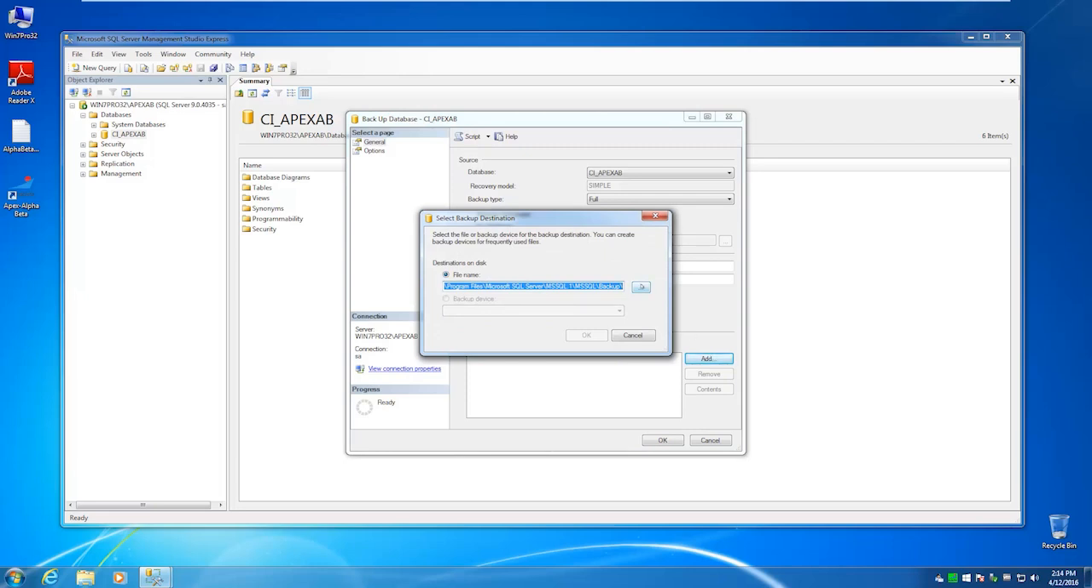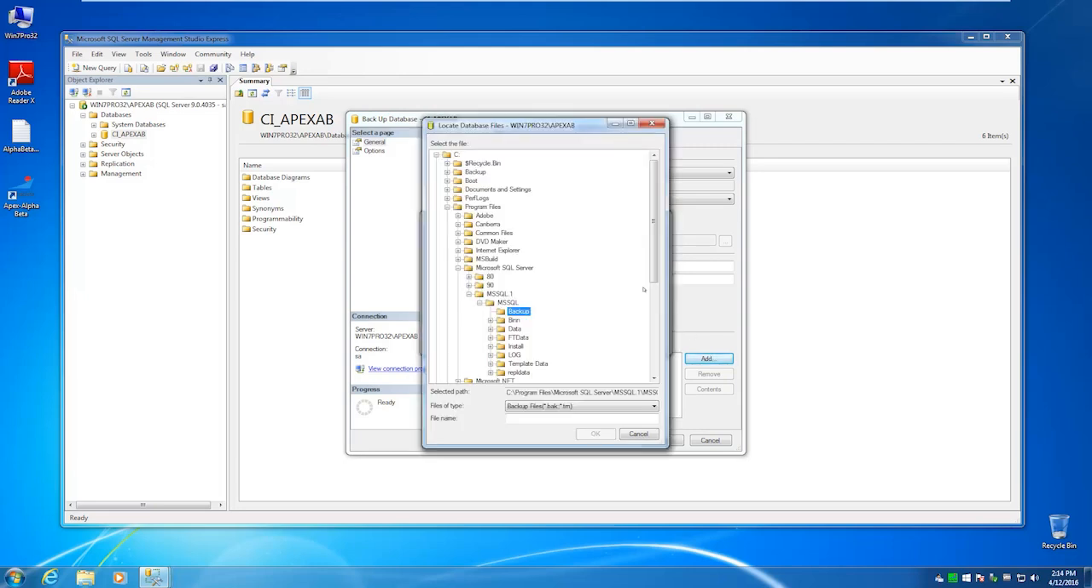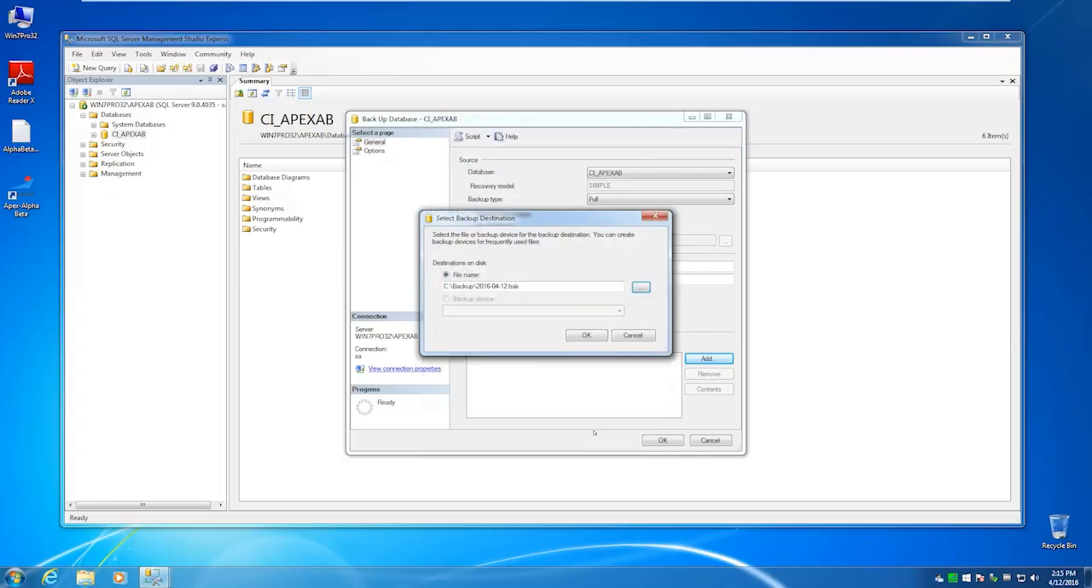A window will pop up asking you where to save the backup file. Enter a location of your choice. For this example, we will save it to C:\backup/today'sdate.bak. Now we have to make sure that the backup we are creating overwrites all existing backup sets, as appending